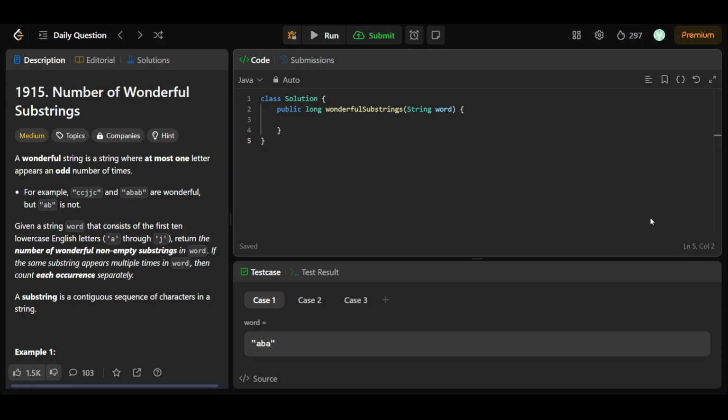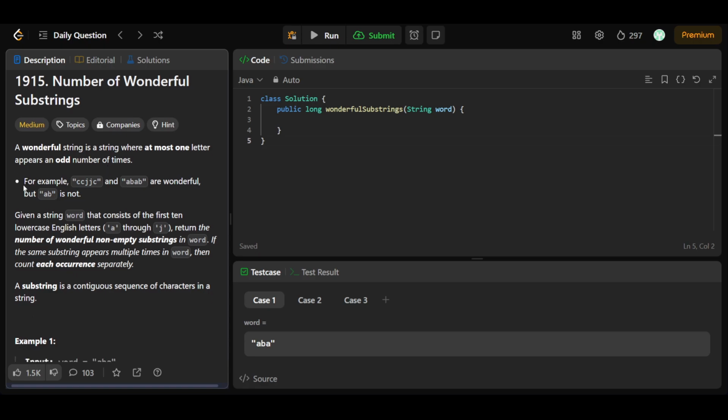Hello people, so today we'll be solving LeetCode Daily Question 1915, that is the number of wonderful substrings. In this, we'll say a wonderful substring is a substring where at most one letter appears an odd number of times. For example, we are having C, J, J, C, C, J, J, C and A, B, A, B are wonderful,